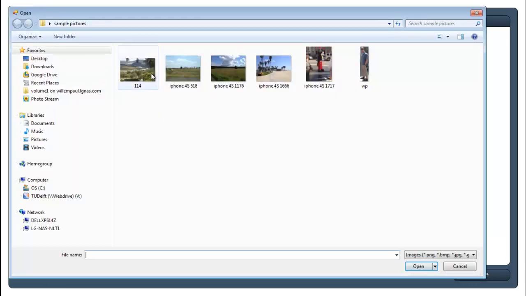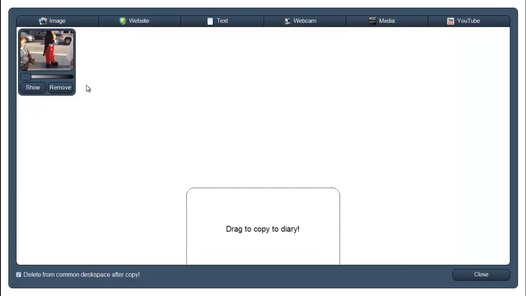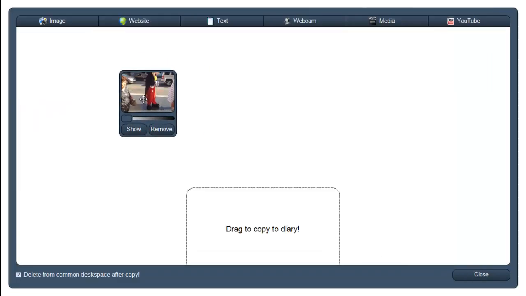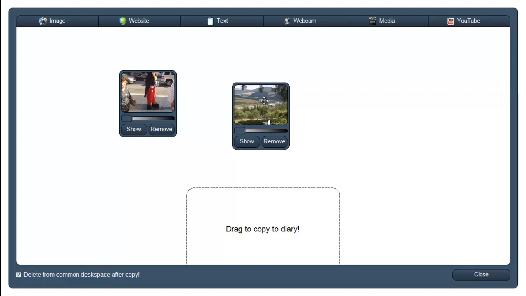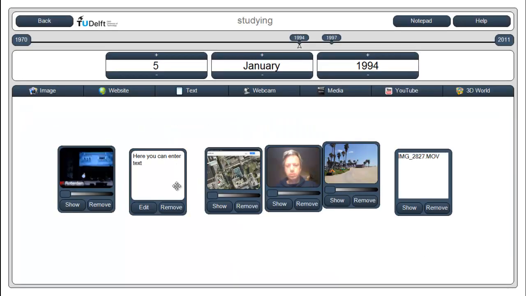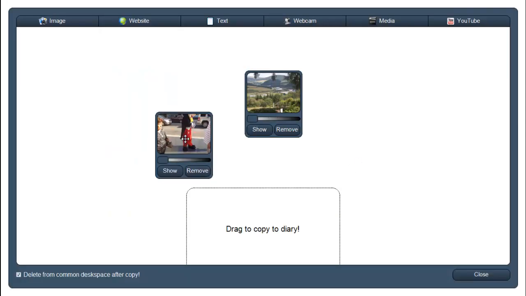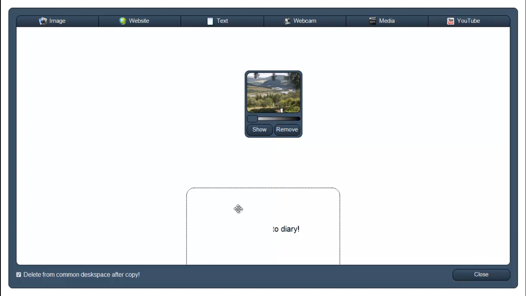Well, imagine that I put here a Mickey Mouse image, and then another image here. So if I close it and get back to this day, go back to the notepad, and now let's put here, I drag and drop Mickey Mouse in this one,